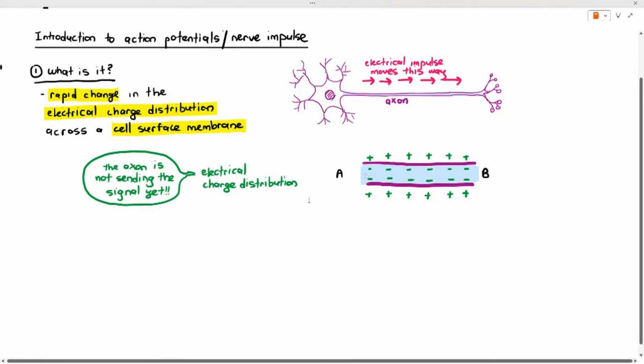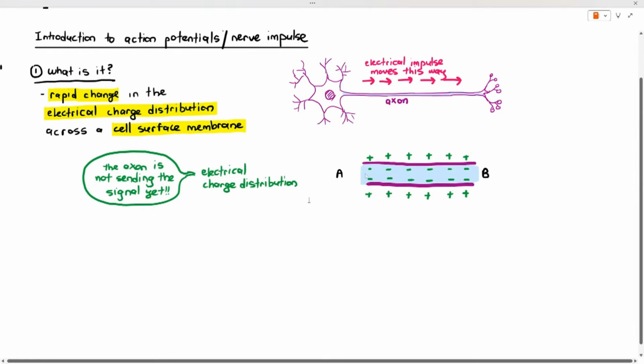Okay, the point I'm trying to make here is that before it's able to send any action potentials from A to B, it first has to make that electrical charge distribution, where the outside is more positive, or has a higher charge, and the inside has to be negative, or has a lower charge. That is called the electrical charge distribution. If it doesn't have this, action potentials or nerve impulses cannot be sent at all. So most axons, before they are able to send any impulse, first have to create that